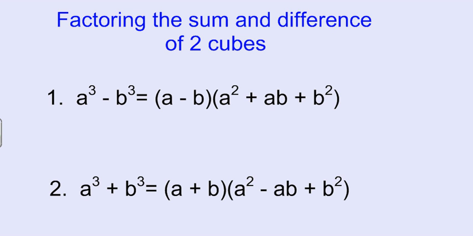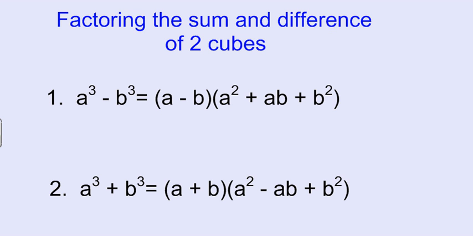This lesson is to review how to factor the sum and the difference of two cubes. The two rules are listed on the board. The first one: how do you factor a perfect cube minus a perfect cube? The two factors are a binomial times a trinomial, and the factors are a minus b, times a squared plus ab